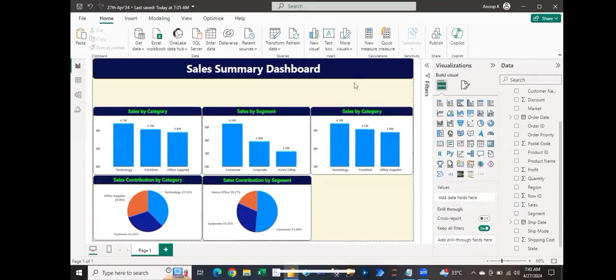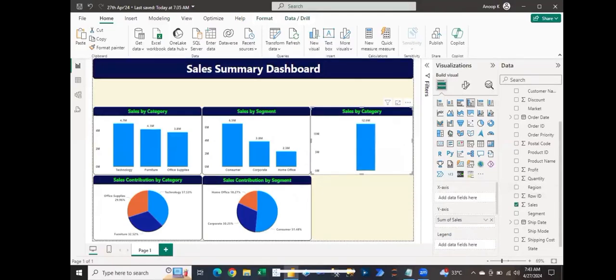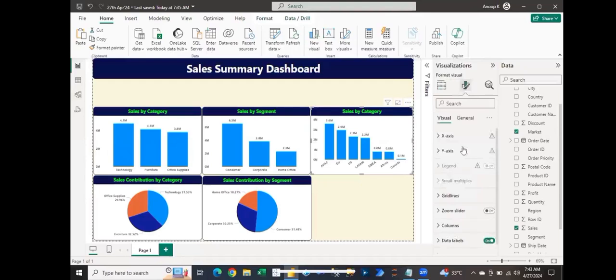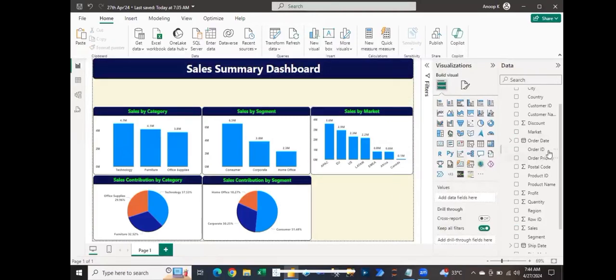Okay. Now this third graph, this one, this third graph, suppose I am changing from category to market. So sales by market. Okay. And now here,